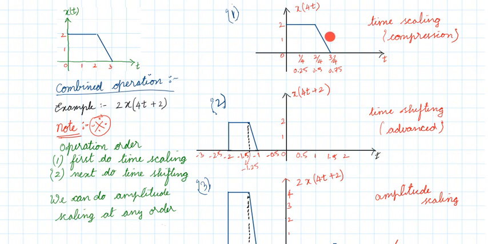So what is the range of x of 4t? It is from 0 to 0.75. This signal is going to shift to the left. So instead of starting at 0, it is going to start at -2. It is shifted to the left, advanced. 0 is advanced to -2. Similarly, 0.75, if you advance it with plus 2, it will go to,